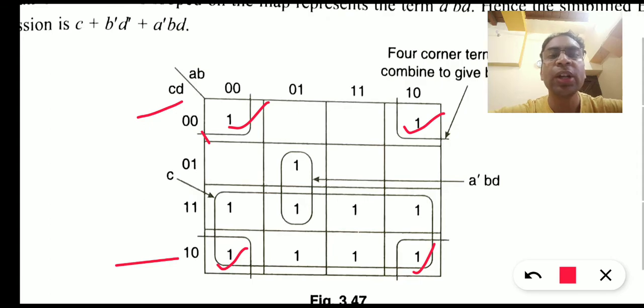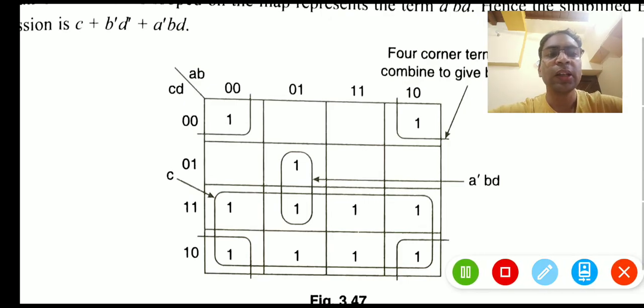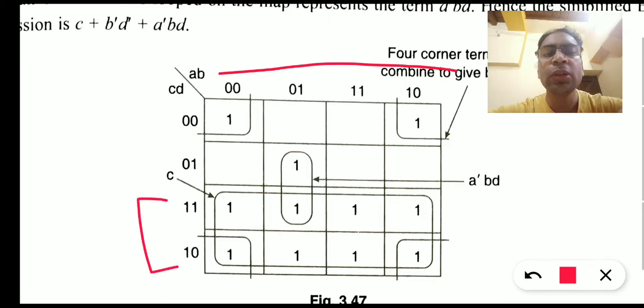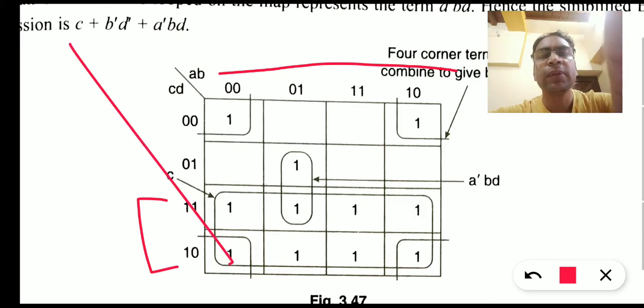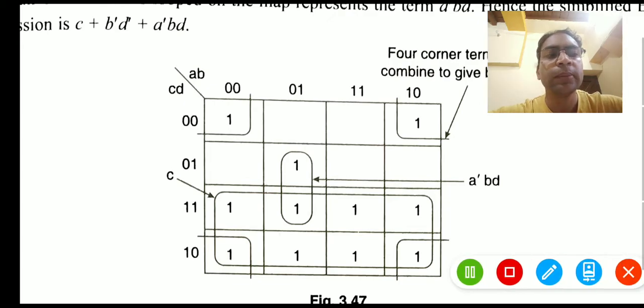So the term is B dash D dash. Now let's talk about the octet. In the horizontal sense we have no variable because all 4 are coming inside, and in the vertical sense we take the common value, which is C. So we have this C.